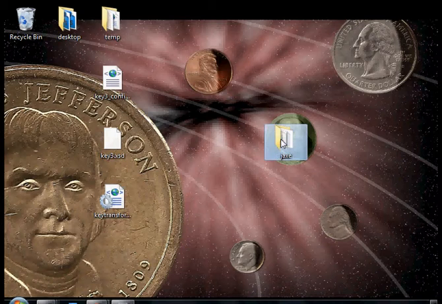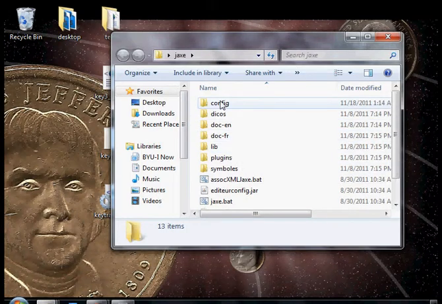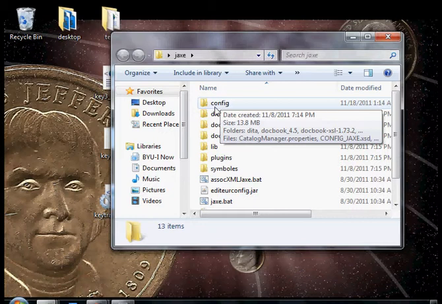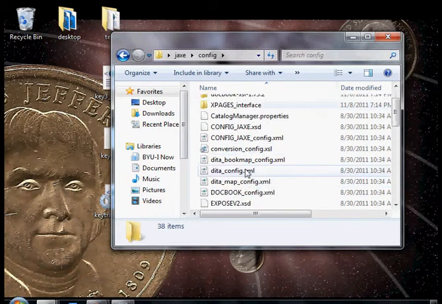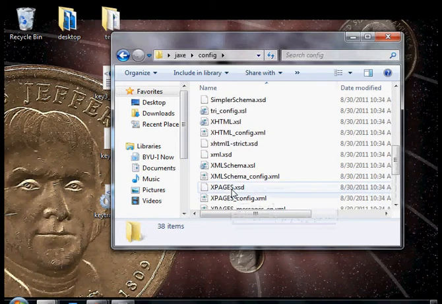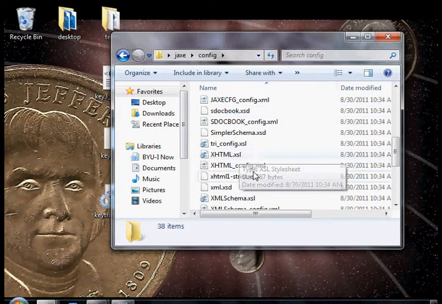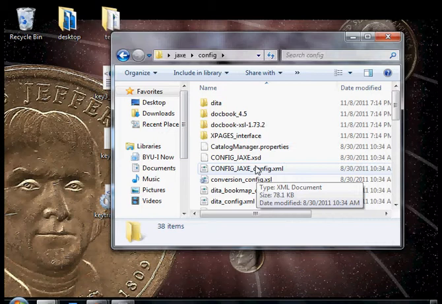And here's Jaxe. So when you open the folder, here's just what it looked like last time. But this time we're going to go into the config folder, and this is where all the configuration files are. And these are all the different files that will do tons of amazing things. XSLT, transformations, as X pages, lots of different things. So those are all great, but we don't use those at all for